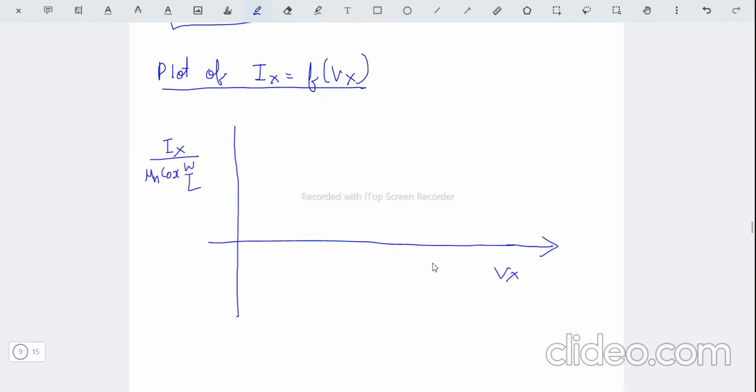So when Vx is 0 volts, we had obtained normalized value of Ix as somewhere minus 0.005, and when Vx was 1.9 volts, we obtained Ix as approximately equal to 0, and when Vx was 3 volts,